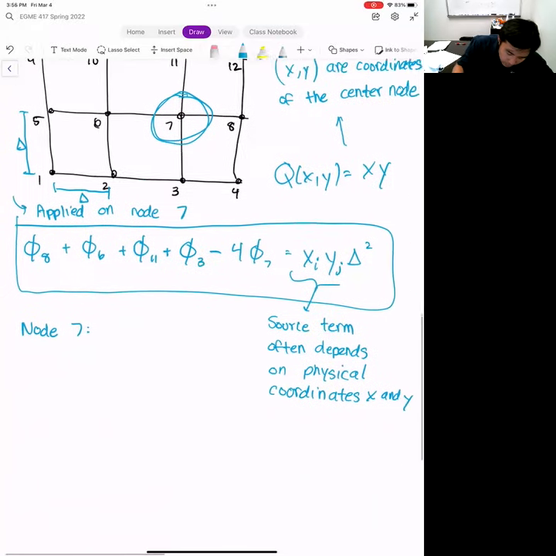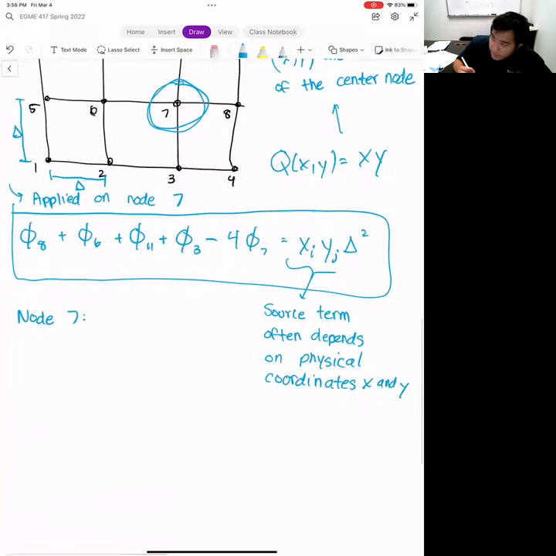Again, keeping in mind that the grid spacing is delta, right? And so let's compute the x coordinate of point number 7, as well as the y coordinate of node number 7, under the assumption that our node 1 here is at the origin. So node 1 is 0, 0. Okay. And so for node 7, the x coordinate,